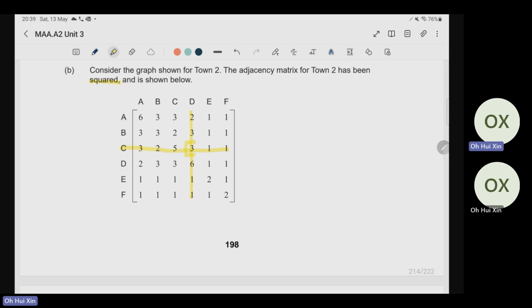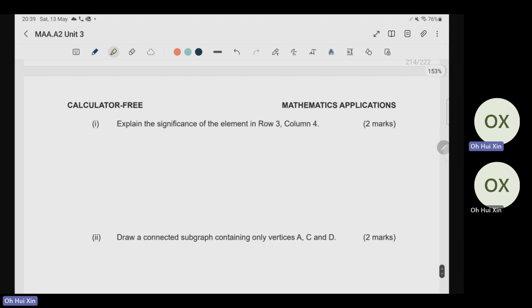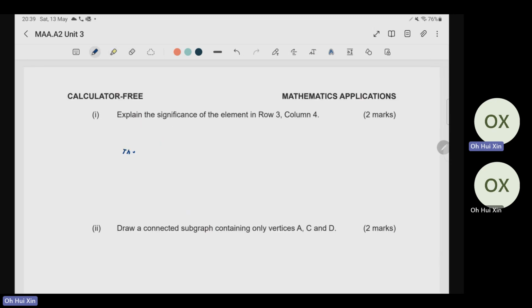Okay, then you are going to tell, because you know that this is M squared. So M squared shows you all the walks of length 2. Okay, and from where to where? This is from C to D. Okay, so that's why it shows that there are 3 walks of length 2 from C to D. Okay, so successfully knowing that you are looking at the number 3 here, you get 1 mark. Then after that, it states that the walks of length 2 from C to D, then